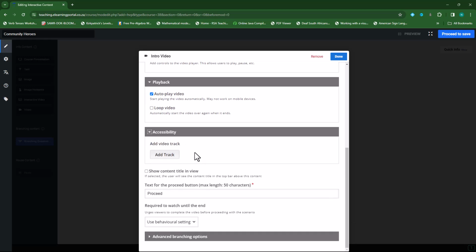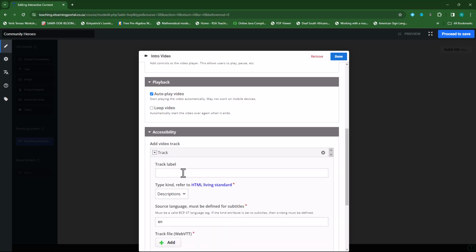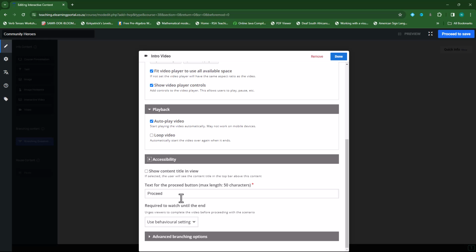Accessibility. Now this is important. You can add a video track. If you click on that, you can specify here the video track label as well as the description here. Or you can add subtitles. Okay, I'll leave that for now. Then I'll leave it on proceed, or you can type next or go to or whatever you want to use here. And if I scroll down now under